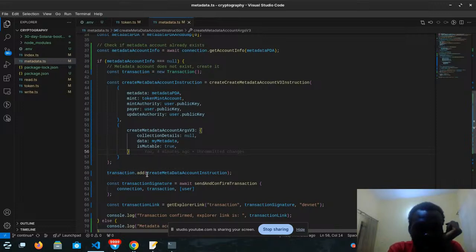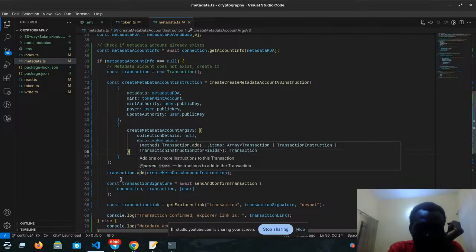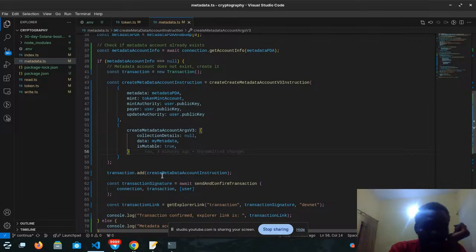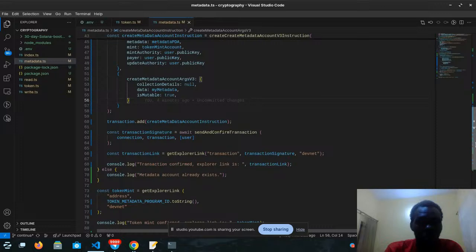So transaction.add, meaning this now adds the create metadata account instruction. I am adding it to this transaction I made here. So I have added it. I have now instructed the transaction that all of this that I put into this constant is what it is going to do for my transaction. Now, after I've specified what is going to happen in the transaction,